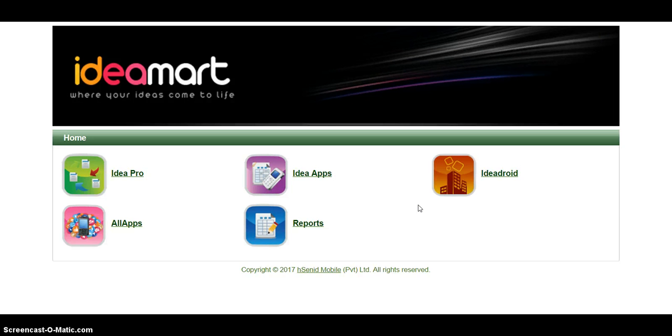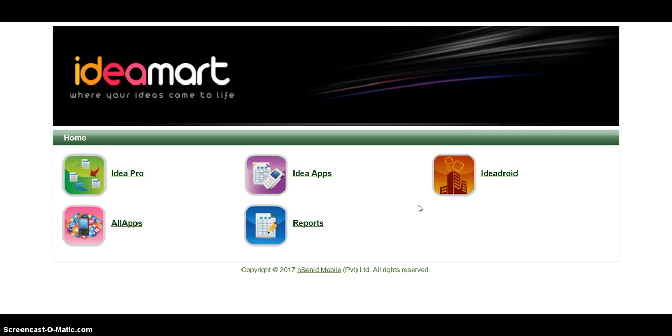If you are a new user, a fresh user, once you enter your mobile number, you'll get a pop-up screen on your mobile phone to accept it. Once you accept it, you'll be directed to a page where you need to enter a few pieces of information such as your name, and if you have company details, your address details, and especially you need to enter your bank details as well, because as you all know, in IdeaMart, when you build an application, 70% of the revenue will go to the service provider and 30% of the revenue will go to the operator. So now I have completed that particular area.